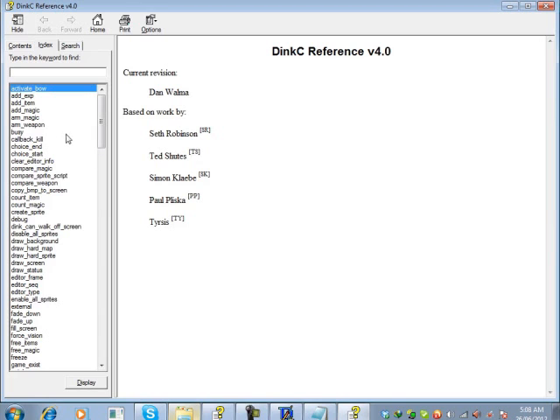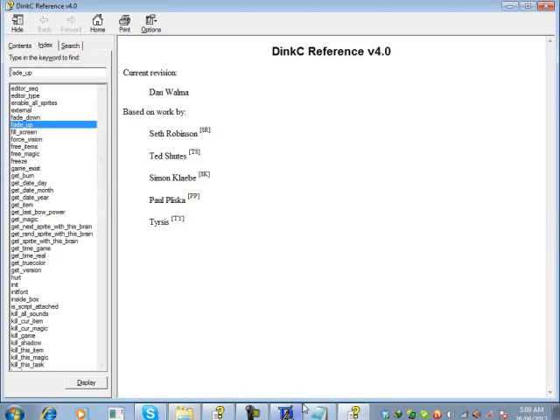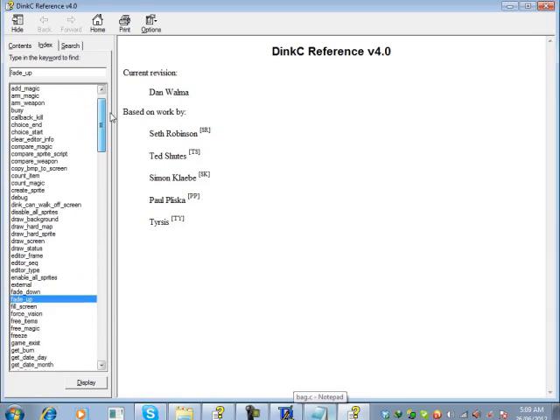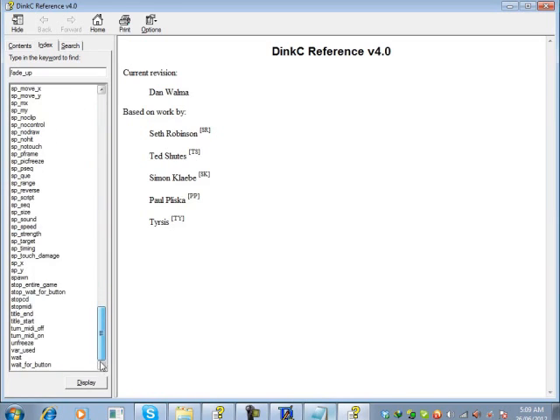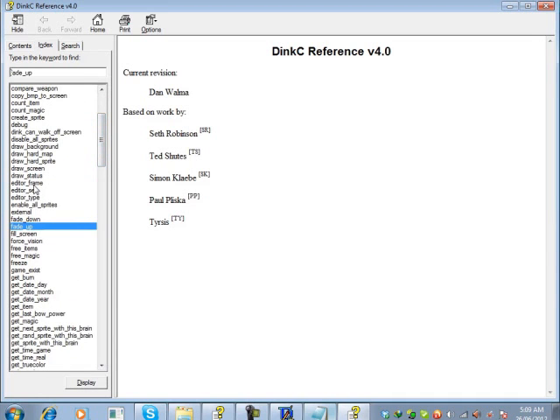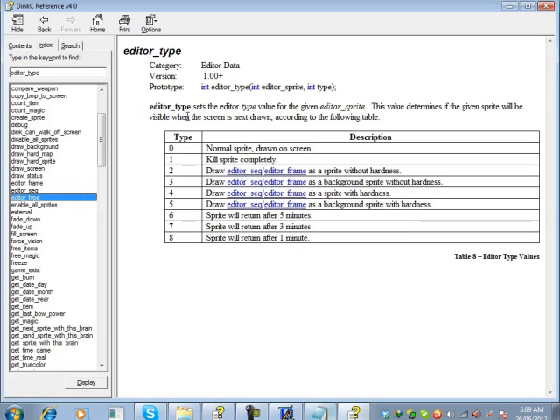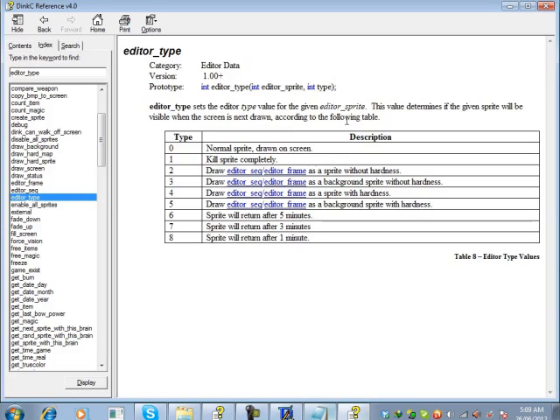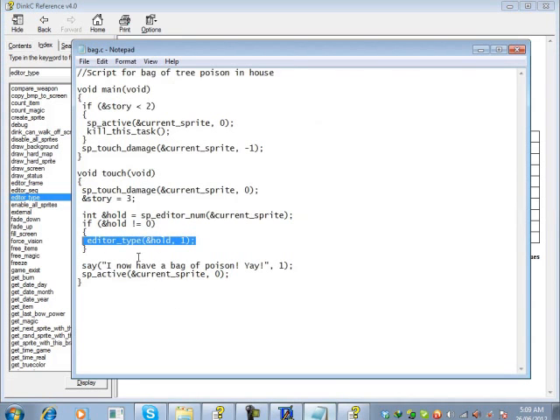Rather than me memorizing all these and telling you what they are, I'm going to get them from in here. If you go to editor type, this is really useful, the DinkC reference. It has all the commands in it that you'd ever want to use. Editor type, basically what it does, as it says just here, editor type sets the editor type value for the given editor sprite, and this value determines if the given sprite will be visible when the screen is next drawn according to the following table. So in more simplistic language, basically we're setting an editor type for